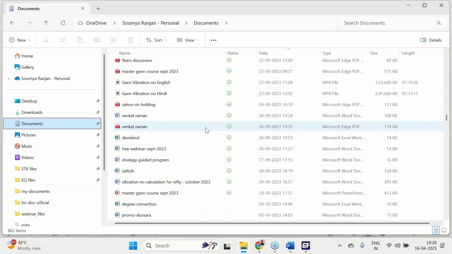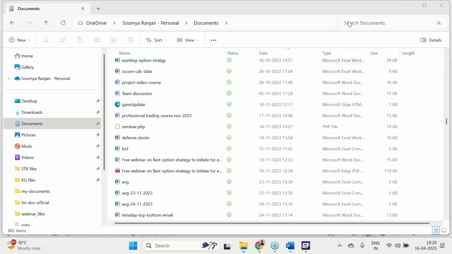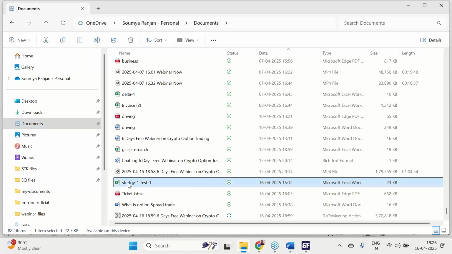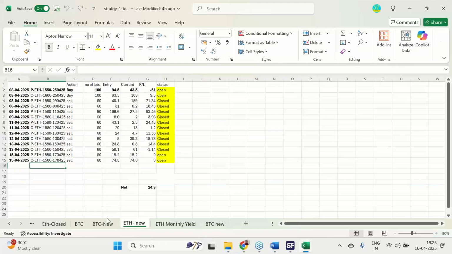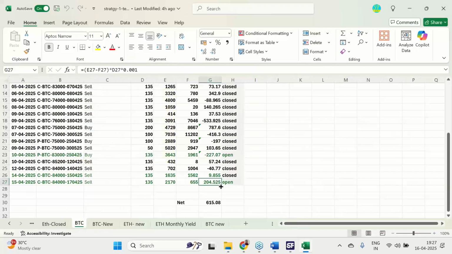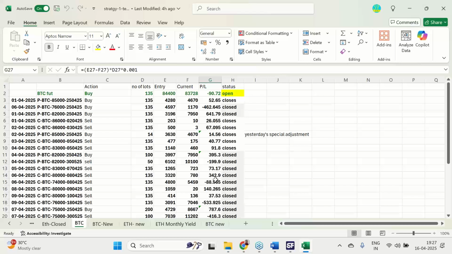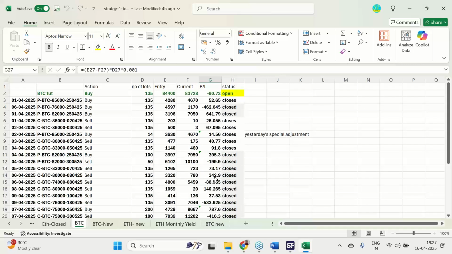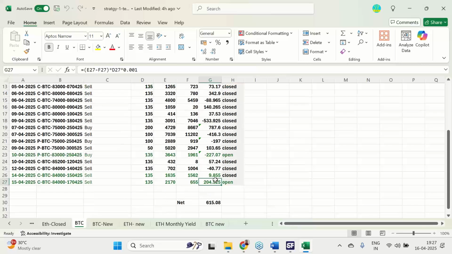A couple of people also asked me yesterday. Inder also asked me yesterday why we have taken a lot of ratio spreads and other things in this particular strategy. Why? Because we are making it hard to lose. Will not lose. Hard to lose. Will not allow you to lose the money. So this is how the